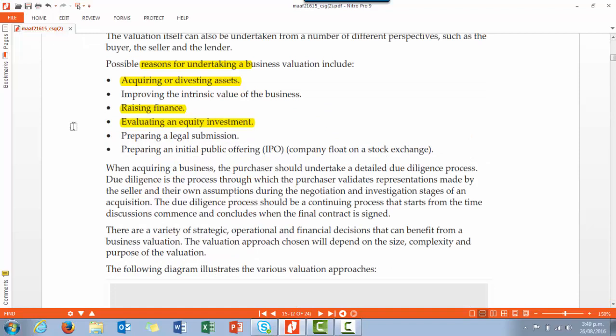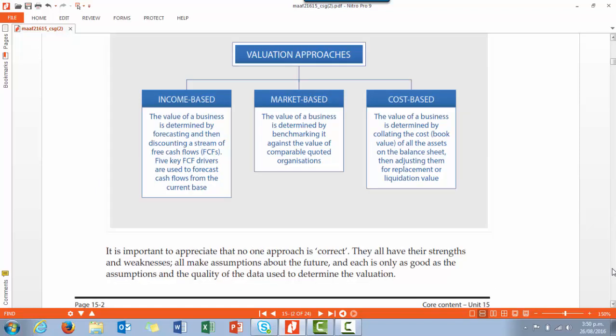You might have heard the term due diligence. Due diligence is the process through which the purchaser validates representations made by the seller. There are basically three types or three approaches to valuing businesses. The first one is the income-based approach, where we look at forecasting future cash flows and then discounting them. So we're really looking at what are the future cash flows the business will generate and what are they worth